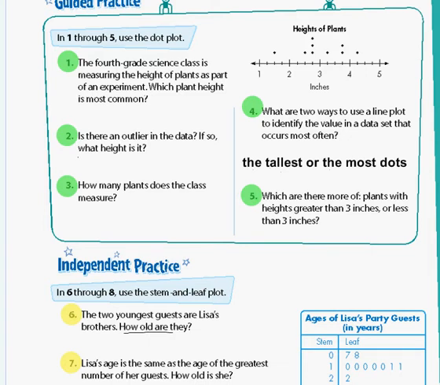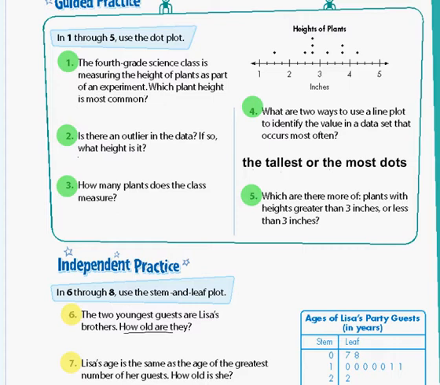On this, we're basically using a few different ways to interpret data. In 1 through 5, you can use a dot plot, this dot plot right here. Okay, question number 1. Question number 1. Okay, in 4th grade science, the 4th grade science is measuring the height of plants as